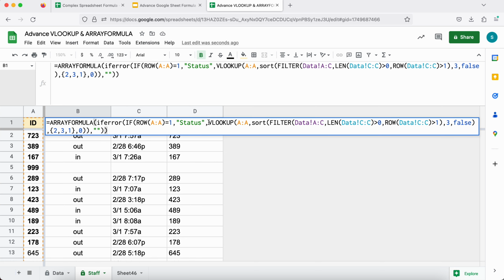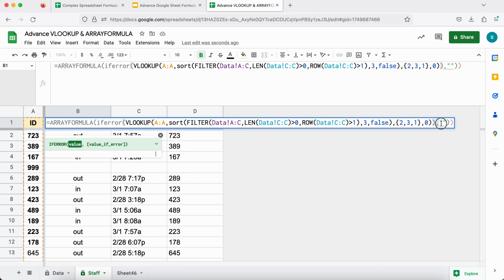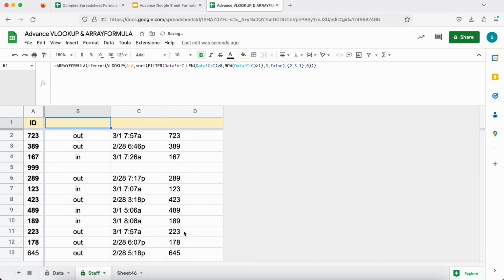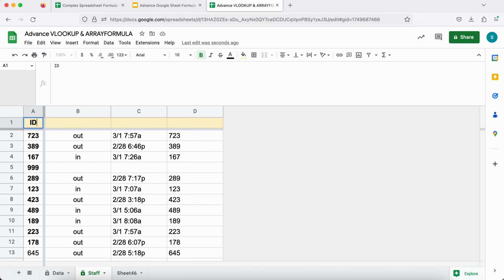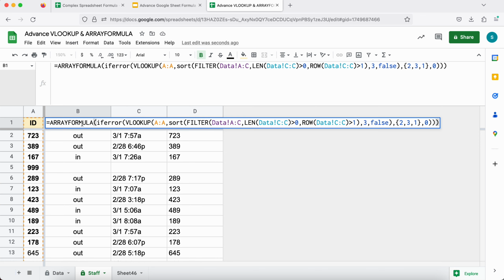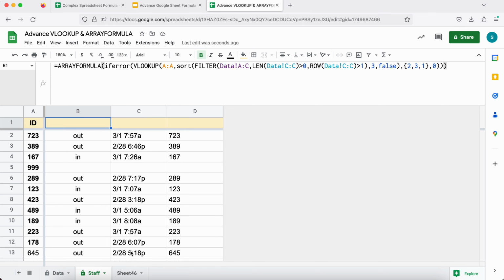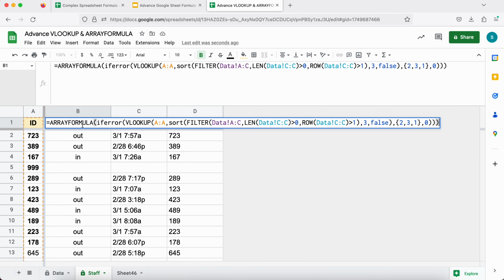Now to make it simpler, what I could do is get rid of this thing entirely. So we don't have the if statement. The false part of this statement is also gone. And we simply write over here, it says ID. If I make that ID over here as well, we look up A to A, and in the range we are going to remove this part that the row is greater than 1. If I remove this,